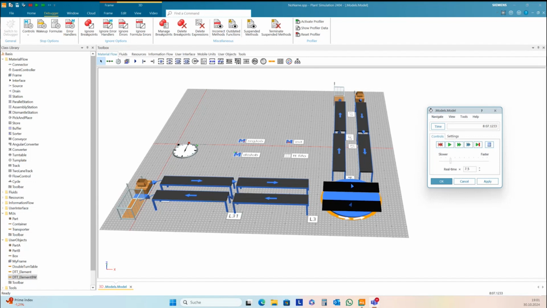Yes, it's a lot of steps in 3D. It's sometimes surprising for me also how many steps it needs. But if you learn a little bit about 3D, how to create animation paths and how to set up the appearance of the elements, then you can create almost everything in production areas, also if you don't have standard elements in Plant Simulation.